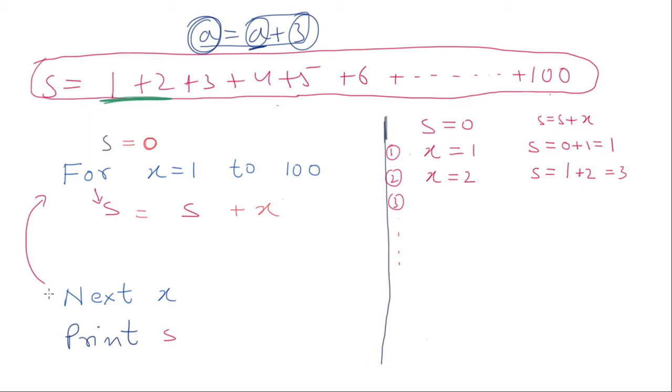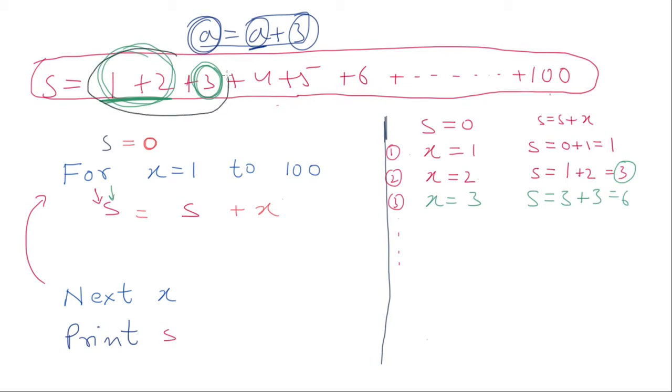Then it again goes down. x doesn't break the loop. Next line, x becomes how much? x becomes 3. We have to do a fresh calculation of s now. Fresh calculation of s would be the previous value of s, which was 3, plus the new value of x, which is 3, right? So the previous value of s is added with the new value of x, and how much does it become? 6. So this is the s now, right?